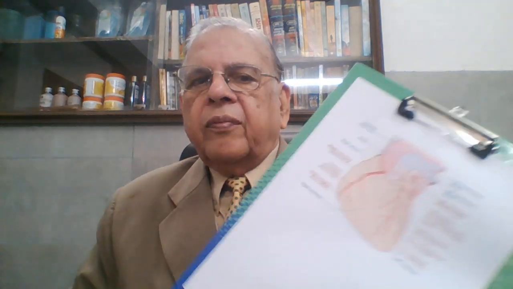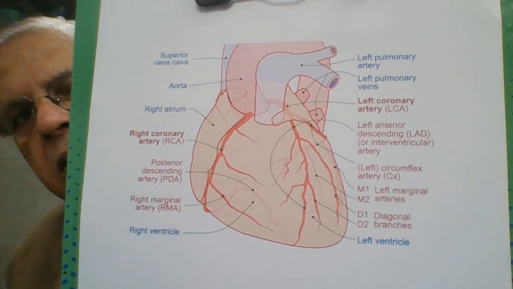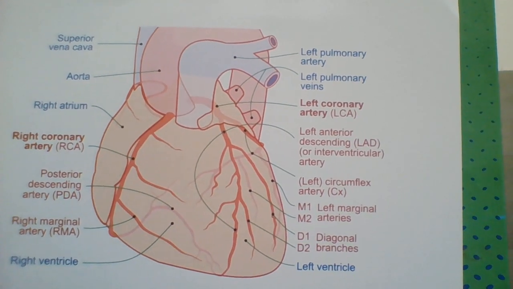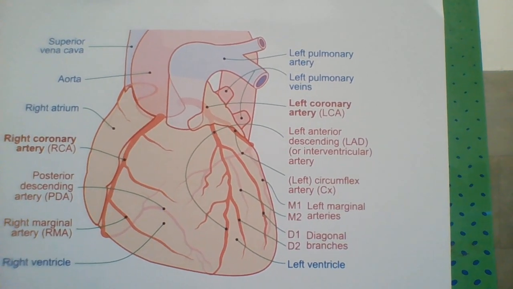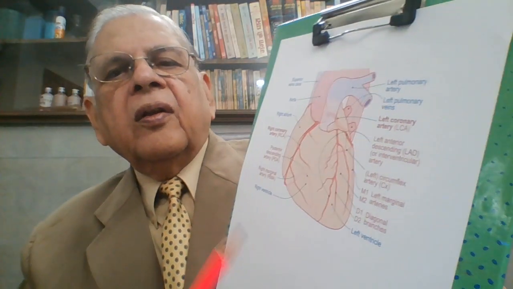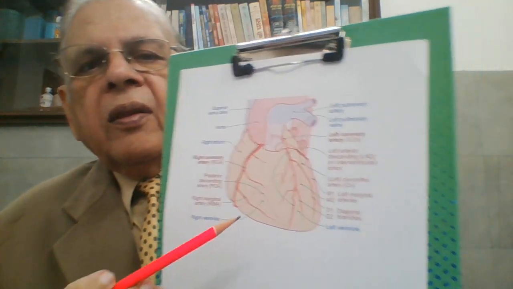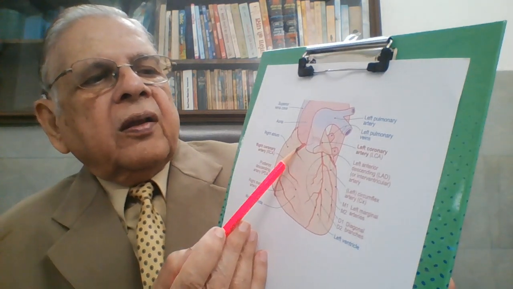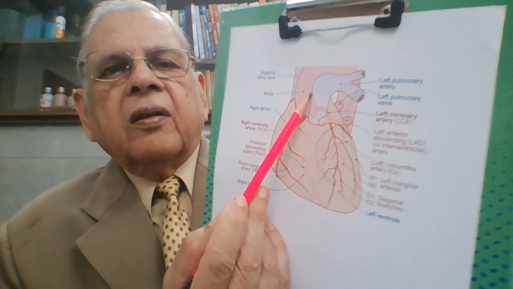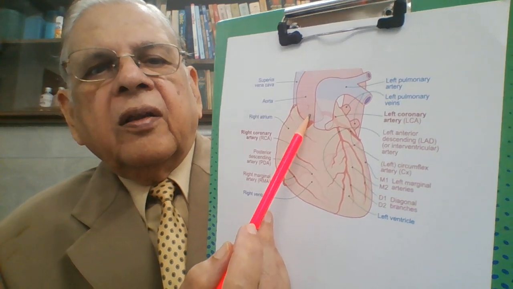See another diagram. I am first bringing it close to you so that you can make notes later on from this. You can stop the video at this place and make a note. And now if I tell you that there are 3 coronary arteries, how are these 3 coronary arteries? Now see this is this channel, this is the aorta, which I showed you arising from the left ventricle,